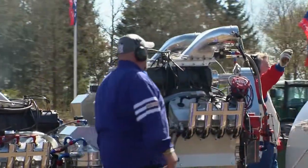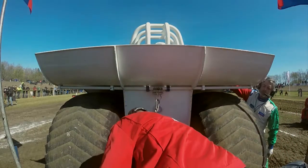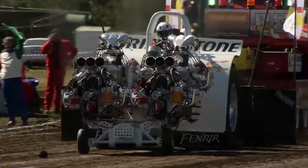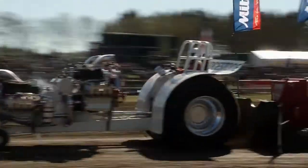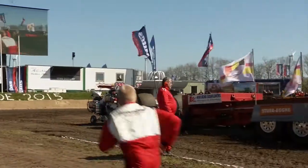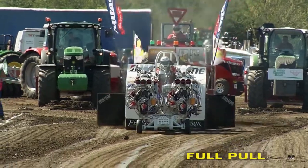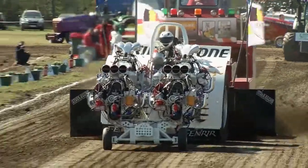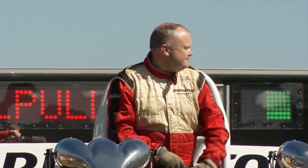Also another Danish competitor, this is Fenrir, driven by Søren Jakobsen. He was trying to do a sighter run just for the heavy modified class later on. A bit lighter sledge setting. I think he'd be happy with that. Very successfully took it right at the end of the track. So there's some grip there on the left-hand track today,